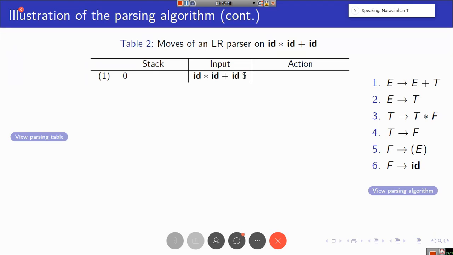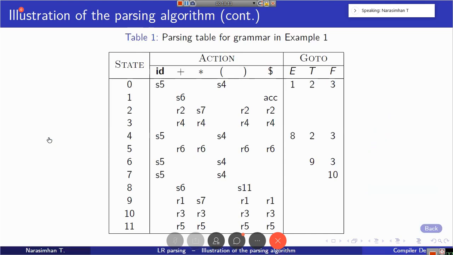Now, what you need to do? You need to go to the parsing table and verify what is the action. So you need to check what combination. The current top is 0. Current input symbol is ID, right? So you need to check for the combination 0 and ID, where you will check in the action part, right? So you go to the parse table, check the combination 0 ID. What is the entry there? S5. What does that mean? We're going to perform the shift operation. After performing shift operation, the next state will be 5, right?